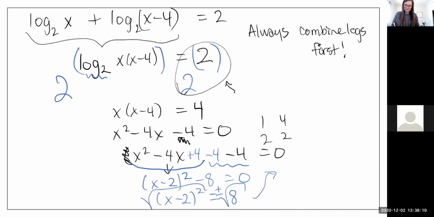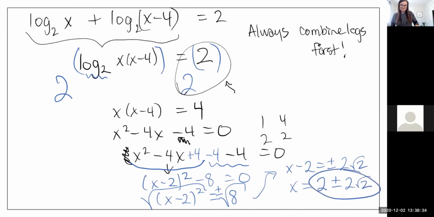So that's going to give me x minus 2 is plus or minus. And if I pull out that perfect square of a 4, that'll be 2 root 2. And then if I add the 2, I have 2 plus or minus 2 root 2. So yeah, you should also get that from the quadratic formula. So again, you'd want to make sure that if you estimate what that is on your calculator with the